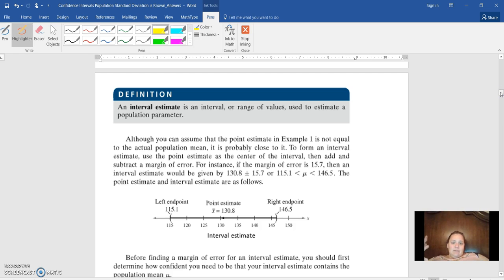All right, so an interval estimate is when they give out, like, the president approval ratings, they'll say, like, oh, they approve of him 65%, give or take 3%. And so that give or take is an interval. And so if it was 65%, then you would subtract 3, so it's 62. And if it was 65%, you add 3, it's 68.